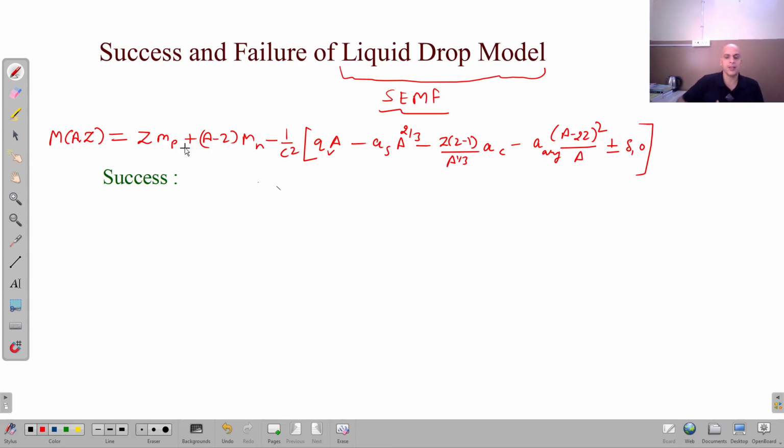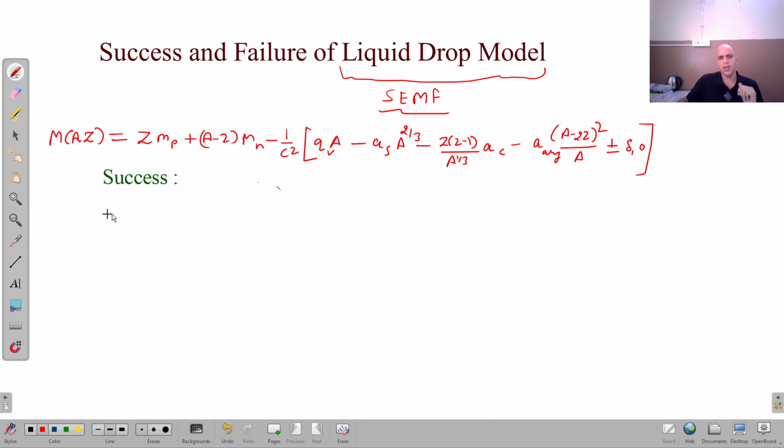Then we have discussed the condition for the mass or atomic number of the most stable isobar. Then we have discussed the equation of mass parabolas for isobaric nuclei. We have seen what the condition for radioactivity is, that is the emission of alpha particles and beta particles, and which nuclei are prone to beta decay and alpha decay. So all these things have been discussed based upon the semi-empirical mass formula. So now I'm going to summarize the success and failures of these two things, that is the liquid drop model and